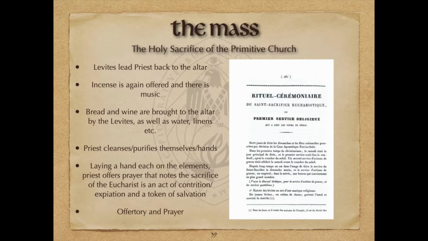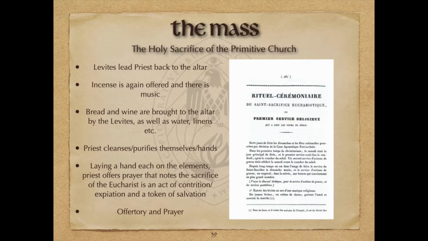During this period, the bread and wine are brought to the altar by the Levites, as well as water, linens, and the other things needed for the ritual Mass. This, of course, is pretty much, I would say, similar to or parallel to what you find in the modern Eucharists in varying churches. It's functionally the offertory at the Mass. The gifts are brought up. The tools for the ritual are essentially placed out, and all this is done. Essentially, this interlude, as it were, is done with the presence of music throughout for the benefit of the people